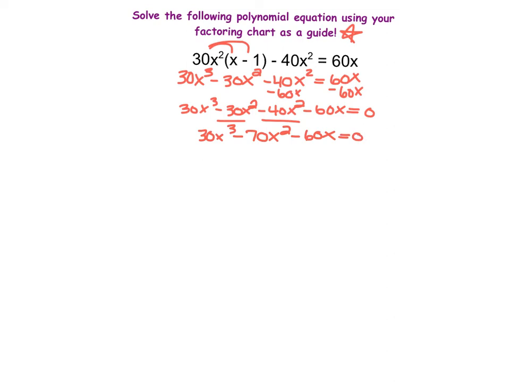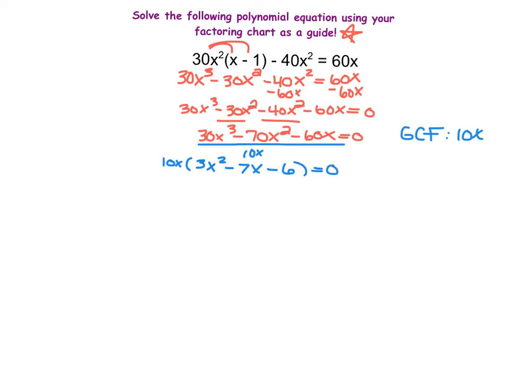So now that we've combined all of our like terms, gotten rid of parentheses, and made it equal 0, we can finally start the factoring process here. If we follow our factoring flowchart, the first thing we notice is that we need to find a greatest common factor. The greatest common factor of all of these, because they end in a 0, is 10. And then they all contain at least one x. So we're going to factor a 10x out in front of this entire thing, and then we end up with 3x squared minus 7x minus 6